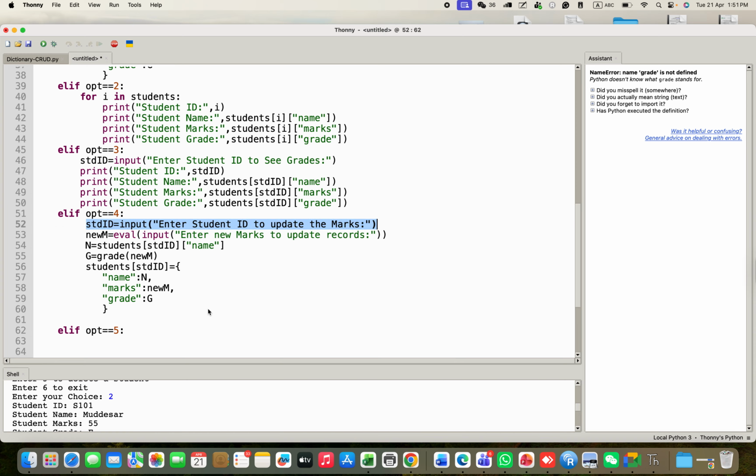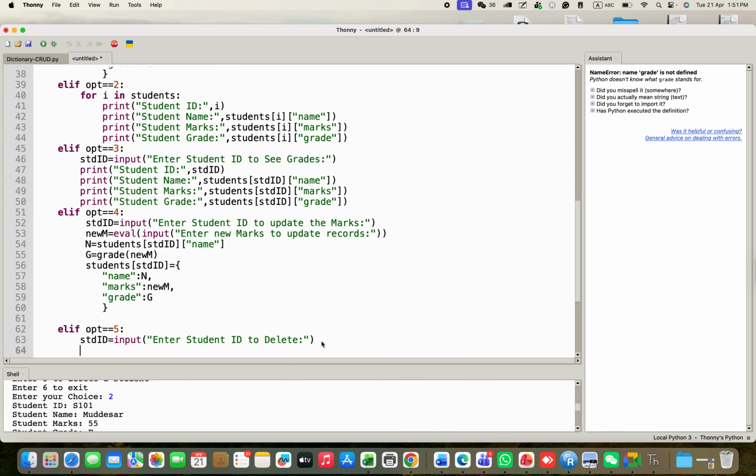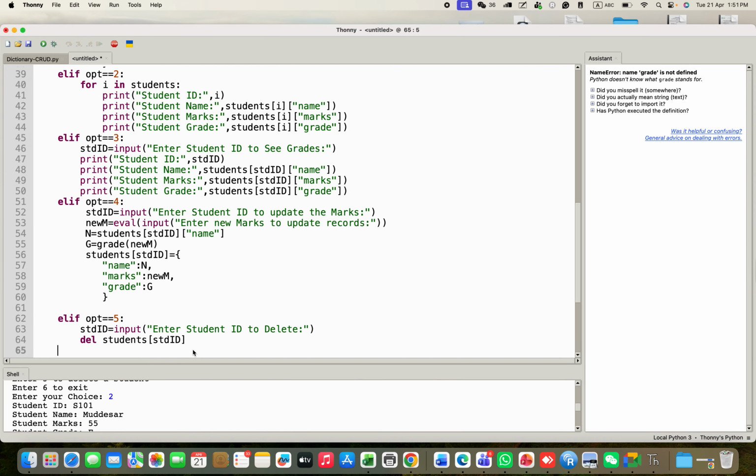That's it. This is a simpler one. That's why I'm doing this. If I want to delete a record at all, I'll say enter the student ID to delete, right? Because Mudassir I want to delete. He's not a student. To delete, I'll put his ID, and then I will simply say del students, and I'll put here his ID, std ID that I want to delete, and it will delete the whole thing. That's it. And the final one is if you press opt